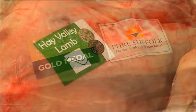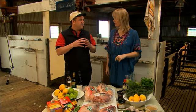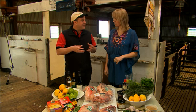All right, Richard, am I supposed to be able to read my lamb? What does this strip mean? Yeah, well, it's an interesting thing we have in our industry where all lamb is strip branded and only lamb can be strip branded by law. So it's a great way as a consumer to know exactly what you're getting, and there's actually some interesting information